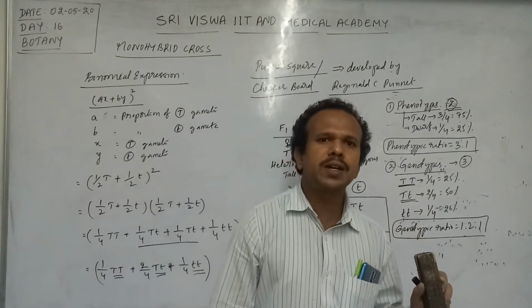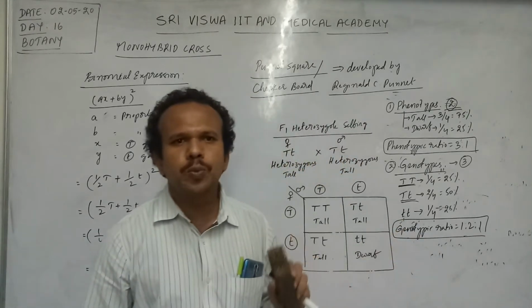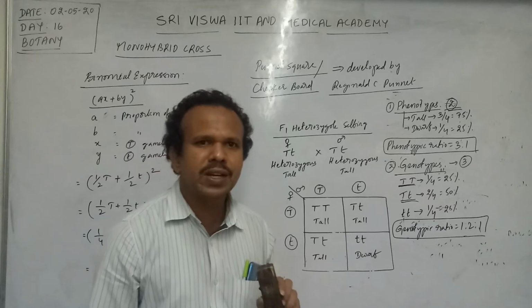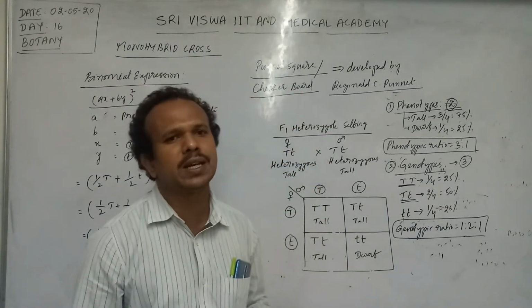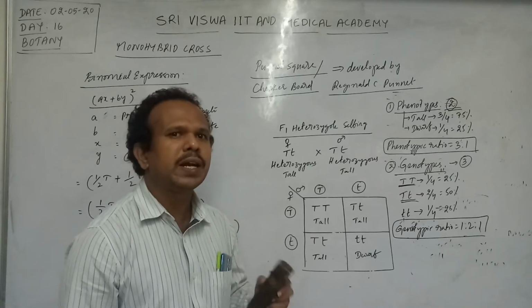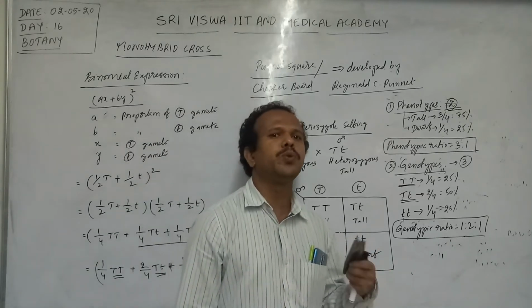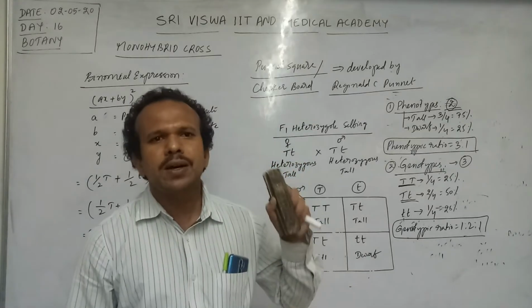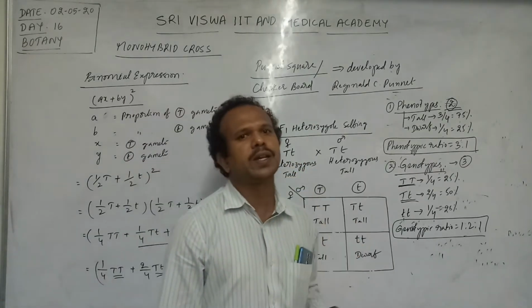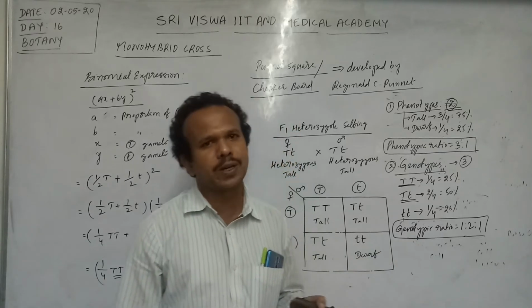This is very important. Very simple also. So what is monohybrid cross? Simply a cross made between two parents differing in a single trait, or a single pair of contrasting characters. So when Mendel crossed a pure tall plant with a pure dwarf plant, all the F1 progeny resembled only one of the parents, the tall parent. Hence tall character is dominant.